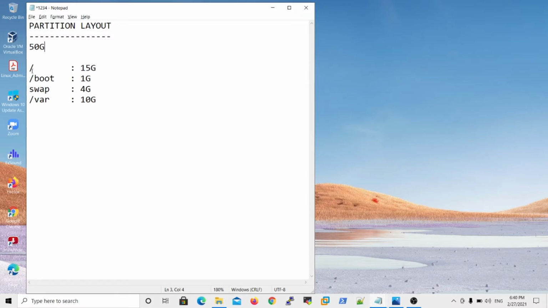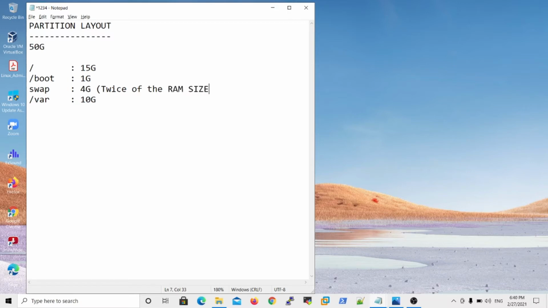These two are mandatory. So slash is 15 GB because it is the top level working directory, and boot is 1 GB. 1 GB is more than sufficient for the boot directory. At the same time, I specified the word swap. Swap is virtual memory for improving system performance. But how to decide the swap size? The swap size is twice the RAM size.